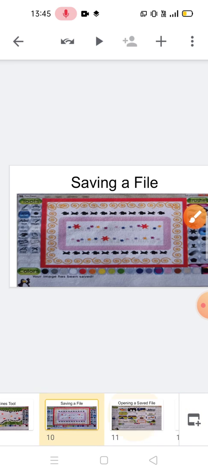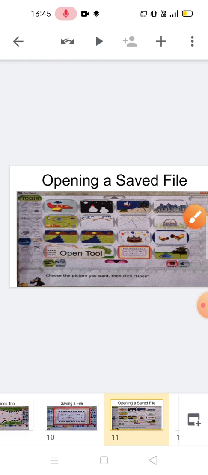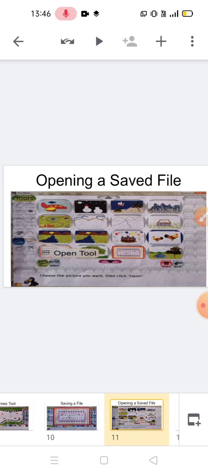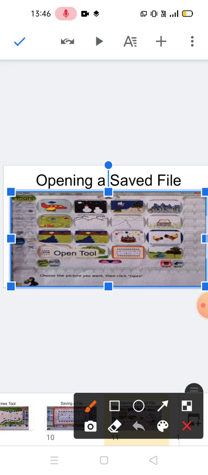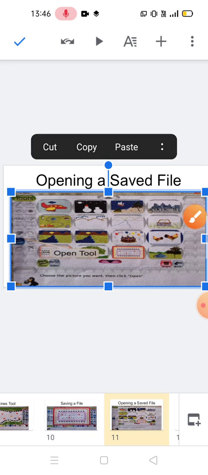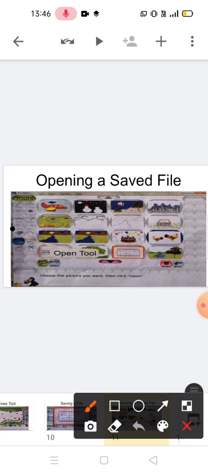Next, opening a saved file. How can you open your saved file? For this, first of all, to open an already saved file, click on the open tool.